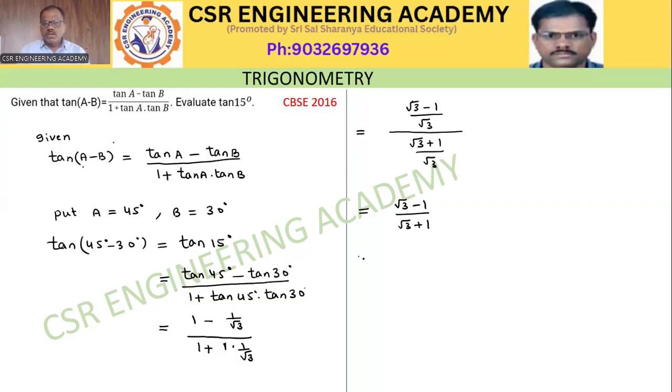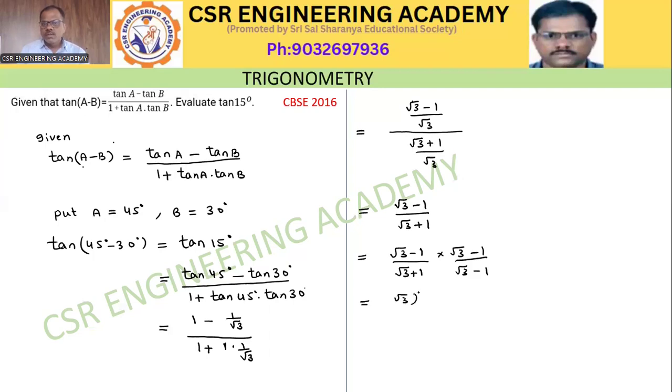Rationalize the denominator, that is root 3 minus 1 by root 3 plus 1 into root 3 minus 1 by root 3 minus 1, is equal to root 3 minus 1 into root 3 minus 1, root 3 minus 1 whole square,